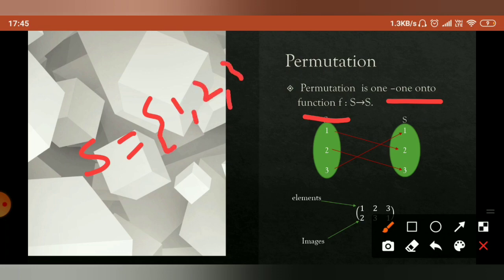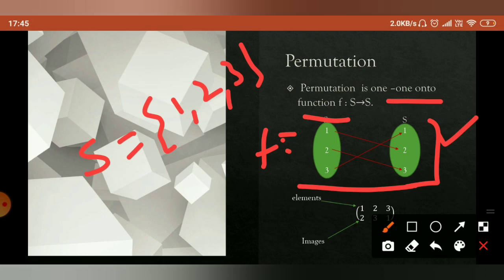We have taken the set {1, 2, 3}, and this is the mapping, defined here in an arrow diagram. It is 1-1 because every element is attached to one element only, and onto because this set has no unattached element, or you can say every element of S has a pre-image. So this is a 1-1 onto mapping, known as a permutation. This is one example, and the arrow diagram can be converted to this form, which is more effective.